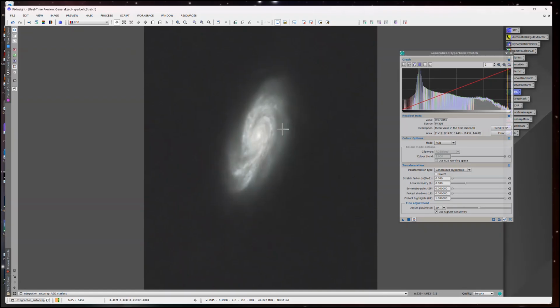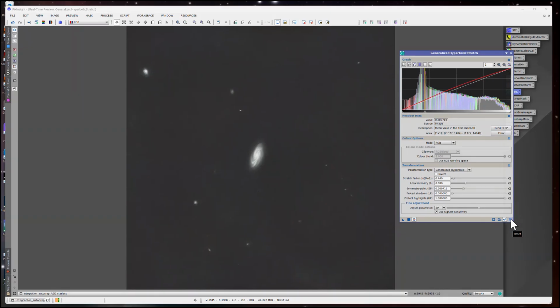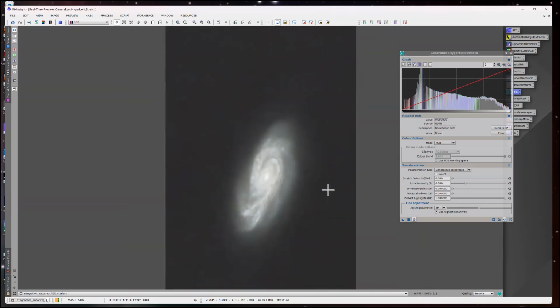So what we can do is just have a little look here. I'll send that over there, and we can give it a little tweak and see what that does. Now that's brightened it up a bit, and I think that's not too bad. So we can apply that, reset the tool. Annoyingly, it doesn't keep your zoom effect, but